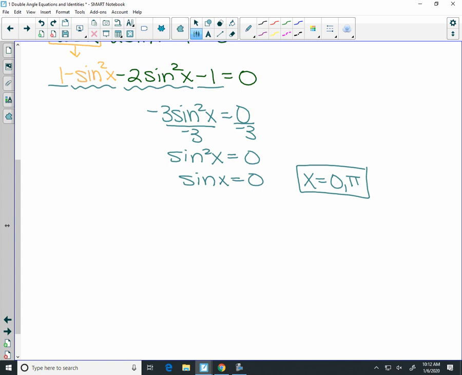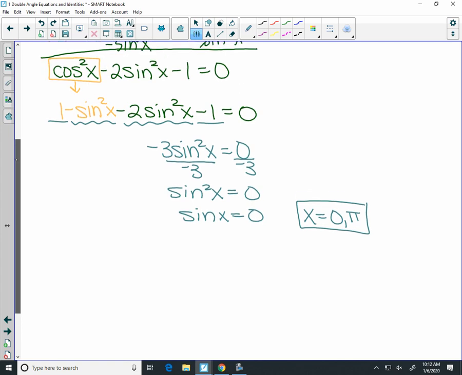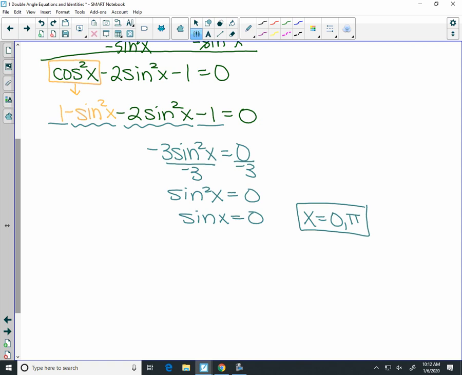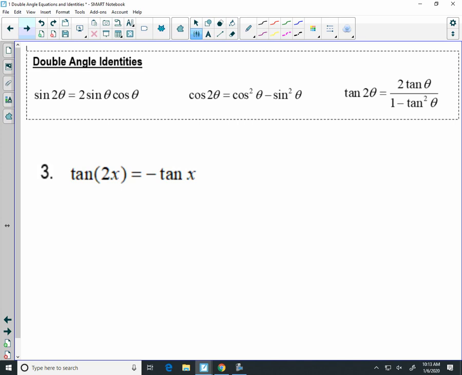So that gives us 0 and pi. Those are answers. Again, to equations, I can't really think of a way that this is going to impact an equation other than just give us a different first step. Give us a swap to make in a first step. When we get to verifications, it's usually either going to be our first step or our last step where these make an impact. So we've done a sine of 2x, we've done a cosine of 2x,